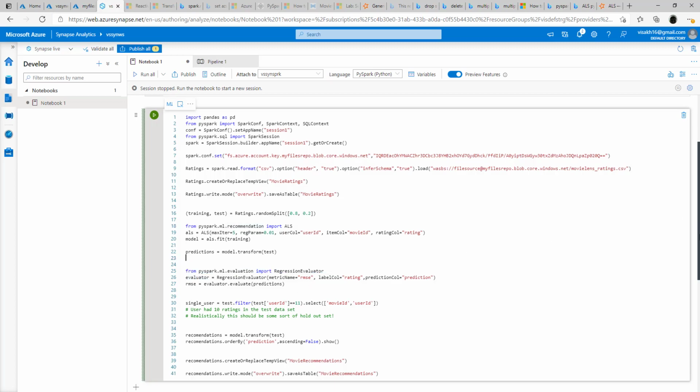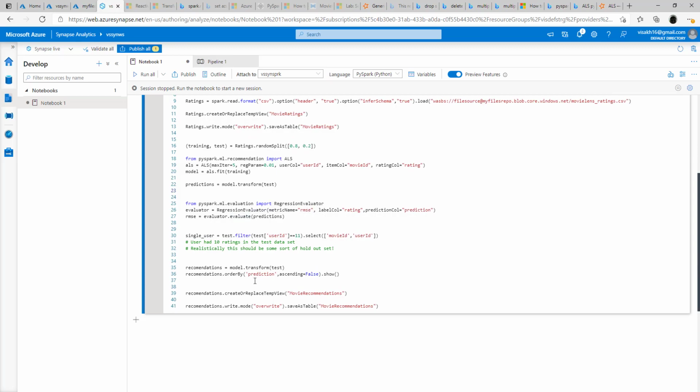So once all of this is completed, then we can save the predictions, whatever recommendations are generated based on these predictions, and based on the prediction value it generates, the one with a higher value will indicate more similarity to the one that you pass. So based on what a particular user has seen, he will be provided a list of preferred movies as a recommendation. So that is based on this prediction value that is generated by this code. And finally we will be saving the movie recommendations in a separate table inside the Spark pool.